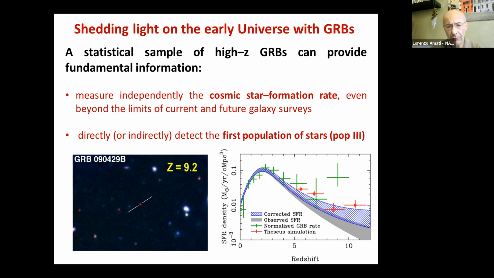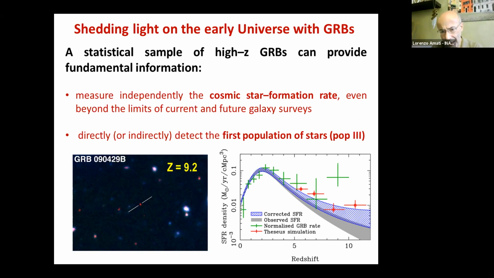the primordial universe. As you can see on the bottom right, this is the star formation rate evolution as inferred through many methods, and at redshift higher than 5 or 6, so the first billion years of the universe, where the understanding of the star formation rate evolution is fundamental, not only by itself to understand the formation and the population of first galaxies, but also because the first stars, the ultraviolet photons emitted from the first stars, are thought to be the main origin of the cosmic ionization. But this is still very much debated. So it is, of course, fundamental to know how the star formation rate evolves in the early universe.